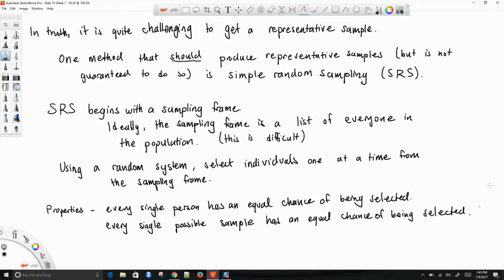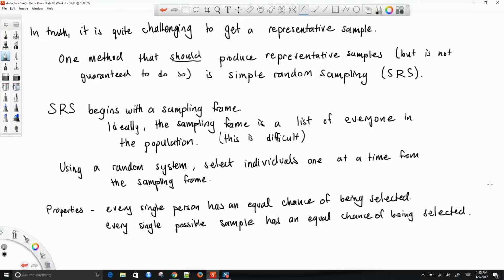What I mean by every single possible sample has an equal chance of being selected, think of a lotto ticket. When you play the lotto, which I don't recommend, if you watch the numbers being drawn, oftentimes they're on little ping pong balls in some kind of tumbler, and they just draw them out one by one. That's a simple random sample taken from the population. Let's say they have 60 numbers. That's the population, and they're just drawing, let's say, 6 numbers out of there.